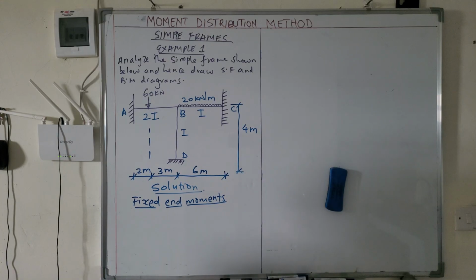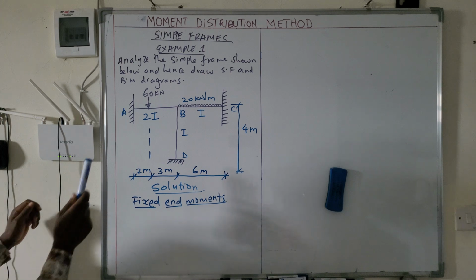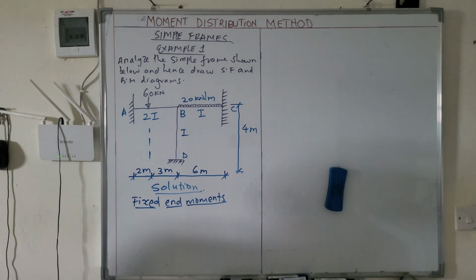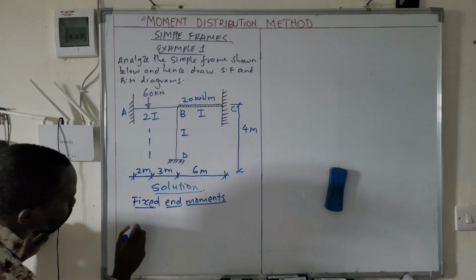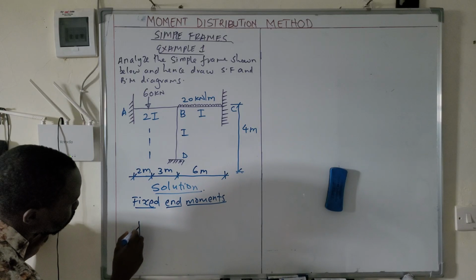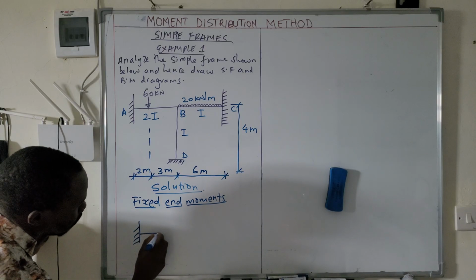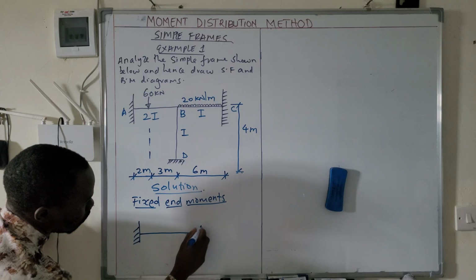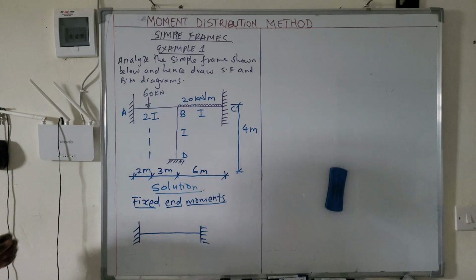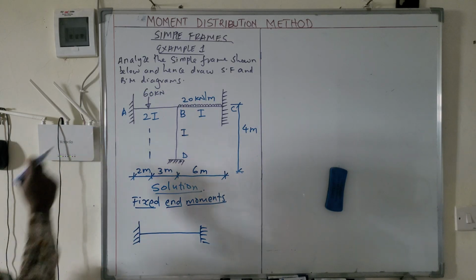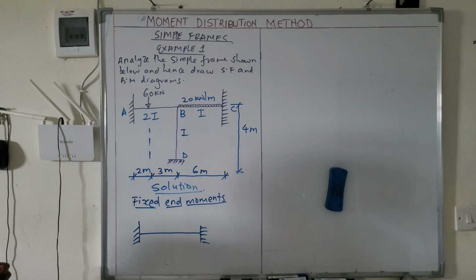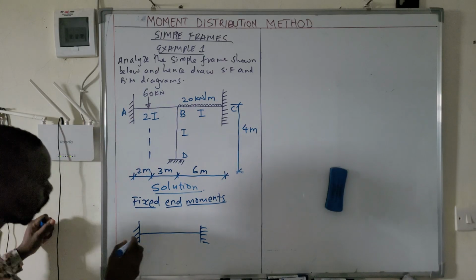From the word fixed, we will assume each span to be fixed. For example, span AB. So if I can draw span AB here, like that, I will assume at this point is fixed, and then at B is fixed. And then I load it,